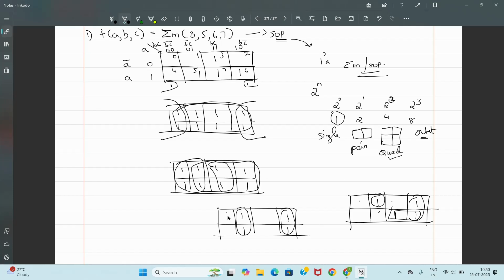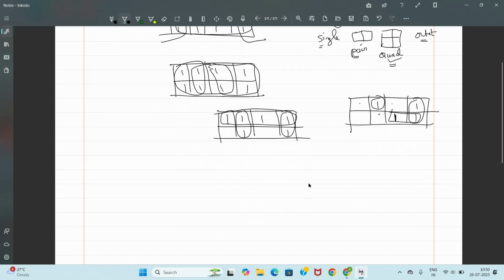Or it can be like you have all ones in one of the rows. It can be grouped in this way also. Okay. So look for quad. If quad is not there, the second option is look for pairs. Any 2 numbers together. Any 2 cells adjacent to each other. If that is also not possible, only then you go for single. Okay. So always start with 4 cells, then look for 2 cells, and then single. Okay. Now for the given problem,